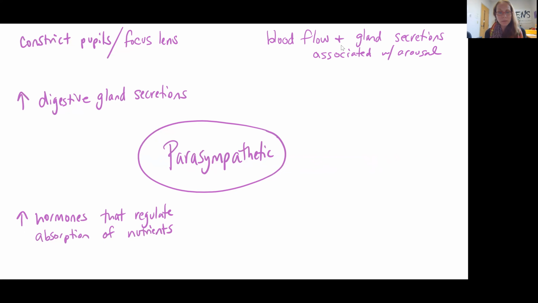Not only does the parasympathetic division assist in slowing down metabolism and relaxing the body and assisting with digestion, but it's also important in our reproductive system as well. So here we'll see that the parasympathetic division will stimulate blood flow and the gland secretions that are associated with sexual arousal. And then, going back to our digestive tract,